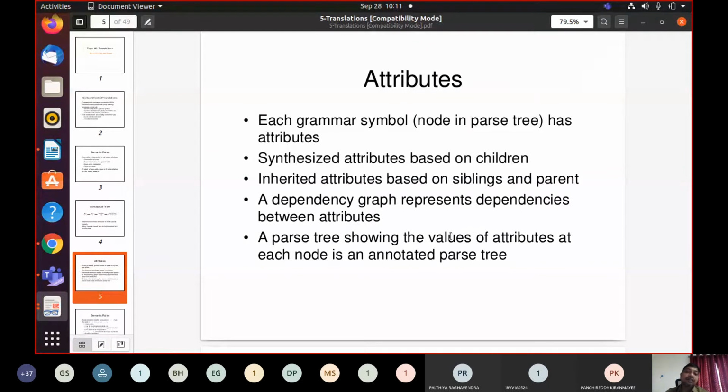If the values of an attribute are specified in terms of its siblings and its parent, then those types of attributes are said to be inherited attributes.